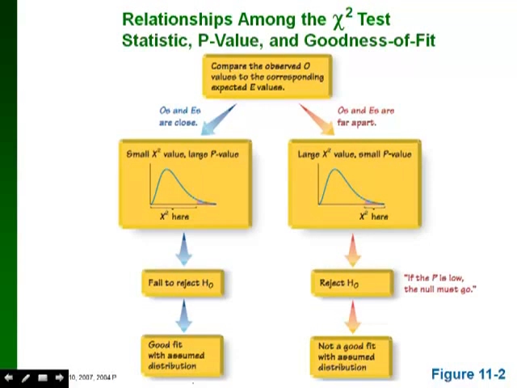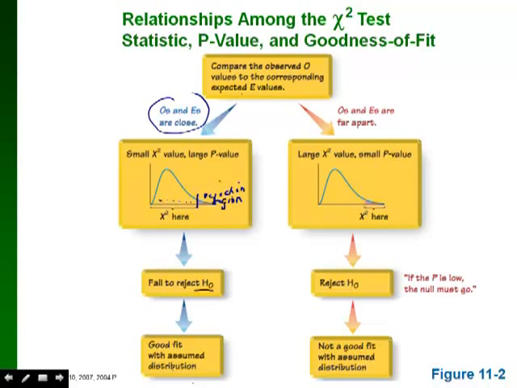So what we're doing again is comparing the observed frequencies and the expected frequencies. If these two are close together, then we end up with a small value of our test statistic and a large p-value. So if right here is our critical value, then if our chi-squared value is small, it will be over here, which would not be in our rejection region, because our rejection region is going to be over here in the shaded area. So if the chi-squared value is small, if it's smaller than our critical value, then our conclusion would be that we'd fail to reject the null hypothesis, and that means that we do have a good fit with our claimed